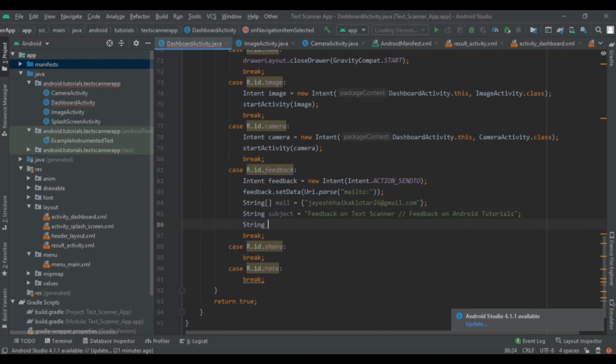So here first we are going to write this thing, data that we want. So we need to identify which feedback came from. So we are going to use feedback on text scanner, or we can write feedback on Android tutorials.